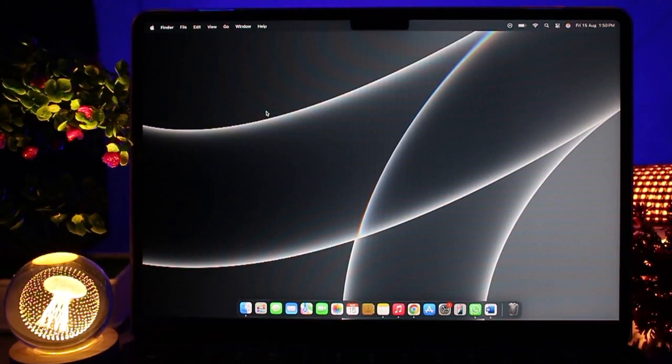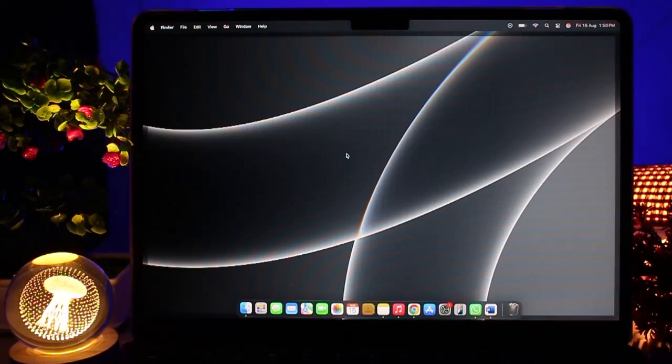In today's video I am going to show you how to reset your MacBook Air M2. First, backup your important files using iCloud or an external drive like a hard drive or SSD, because resetting will erase everything on your laptop. So to do that, you can simply open your settings, or if you don't find your settings,